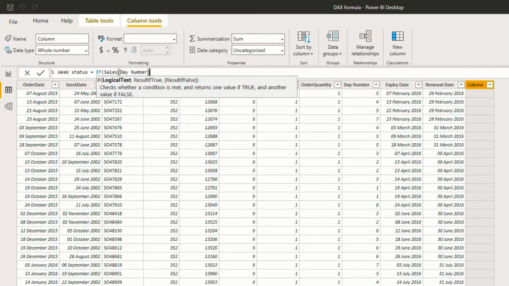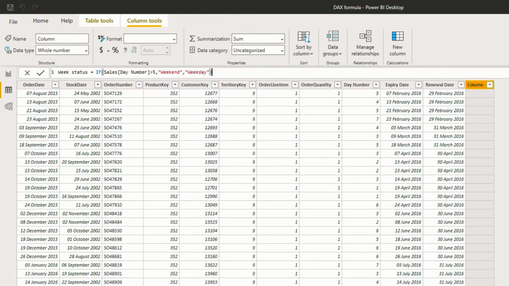Now the condition is if the day number is greater than 5, that is in our case if the day number is 6 or 7, which is Saturday or Sunday, so that is the logical test, comma, result if true, that is if the output is greater than 5, then it should be a weekend because that's a Saturday or a Sunday, comma, and if it's false, that is if it's less than 5, then it's a weekday. Make sure that it's given in double quotes, close the bracket and enter.